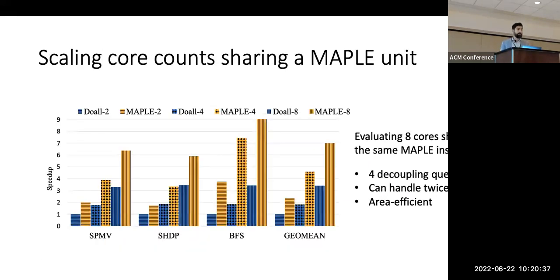Finally, we evaluated, this time in the MosaicSim simulator, up to 8 cores sharing the same Maple instance with 4 decoupling queues. So a single Maple can feed up to 8 consumer cores, so in total 16, by its 8 hardware queues. This is one of the advantages of having this unit outside the core: the ratio is not 1-to-1 like you would have in a hardware prefetcher inside each core, but rather Maple can be shared by several cores at a time, so that we don't have per-core dedicated hardware.